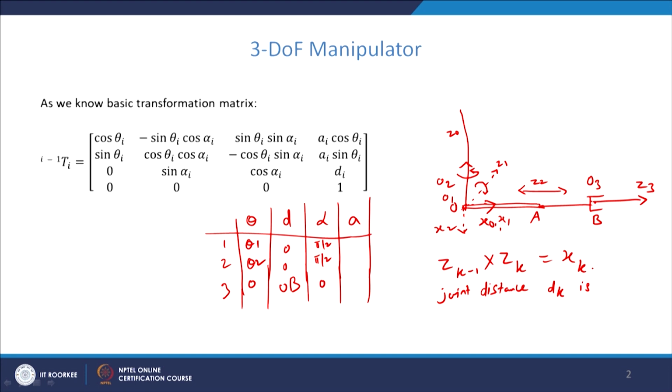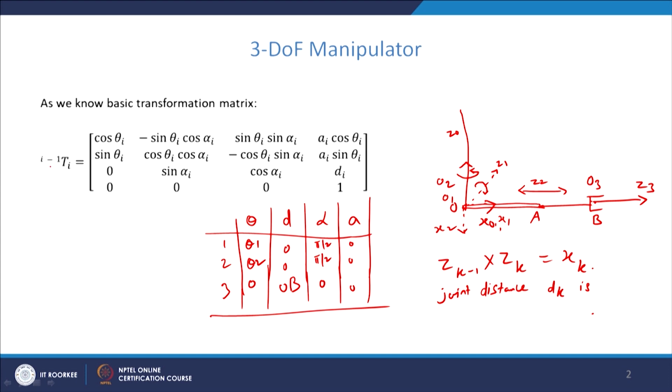And if two Z axes are parallel, then the link length is the shortest distance between the two Z axes. So, here we can see that because all the origins are fixed at the same joint, the link length, all of them will be equal to 0. So, this gives the robot parameters according to the DH algorithm.